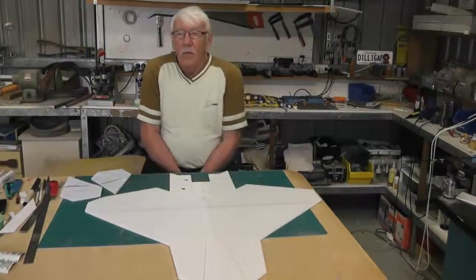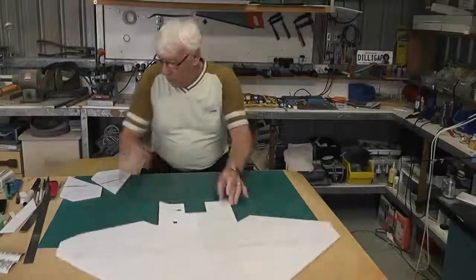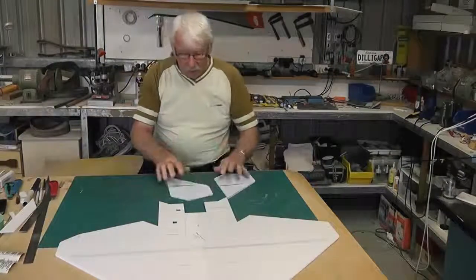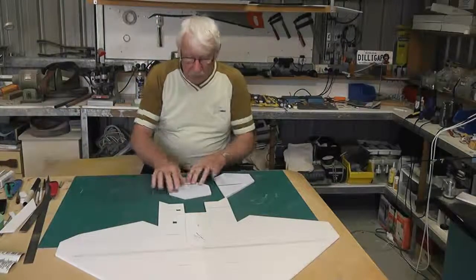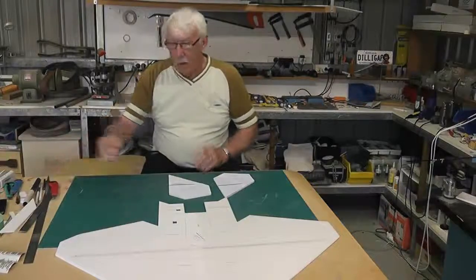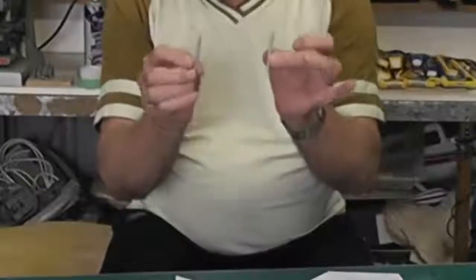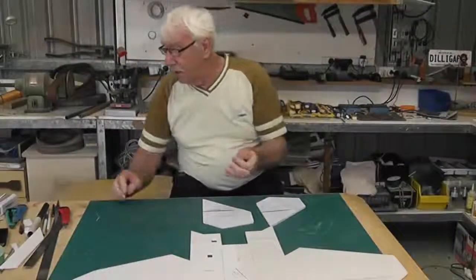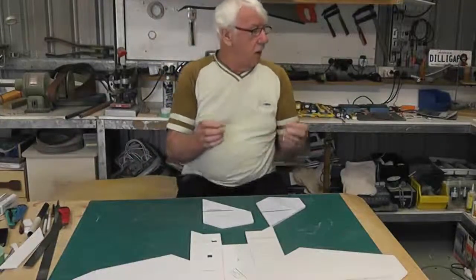We'll carry on now with the build on the F22. What I'm going to do is cut the slots for the elevators. I've found a couple of pieces of aluminium tube. The hardest thing with this is finding some aluminium tube